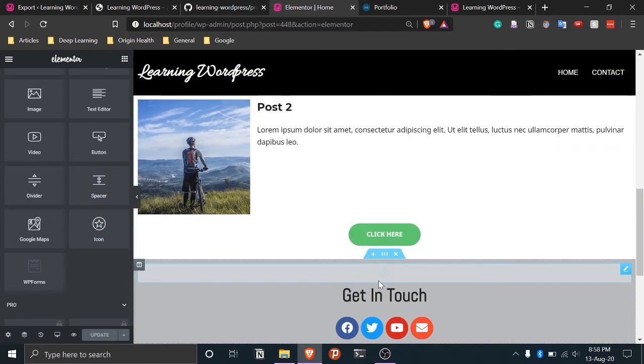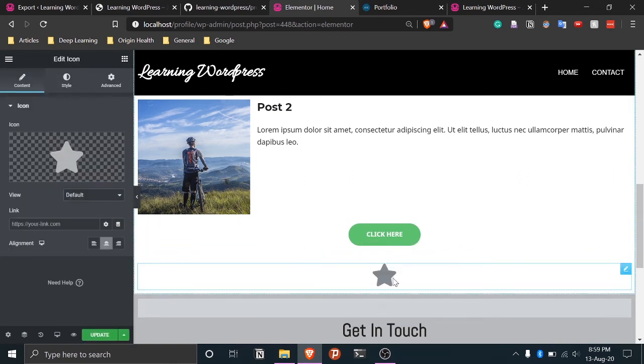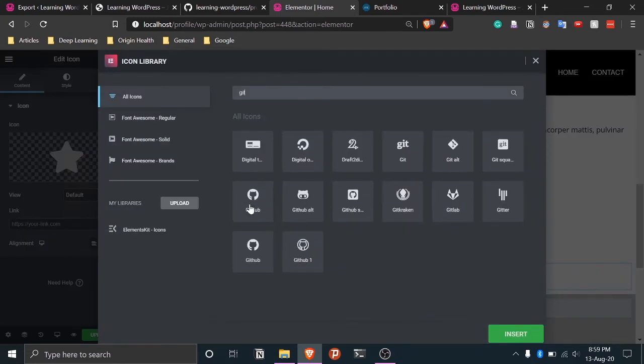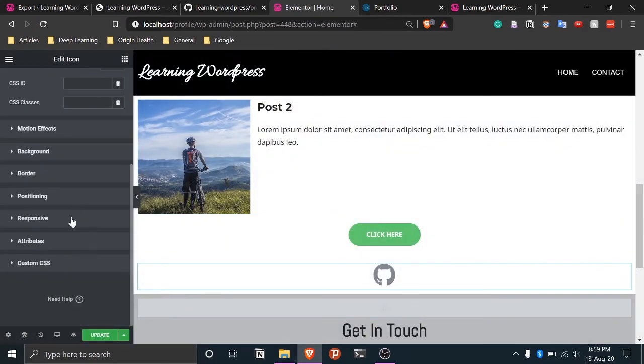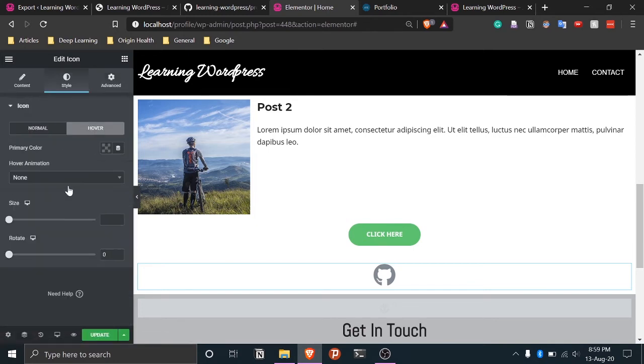So if I want an icon here, I can choose icon, put the icon here, choose the icon library and go to GitHub, set GitHub. You also have motion effects for this. If you want it to grow when you hover on top, you can do hover animation